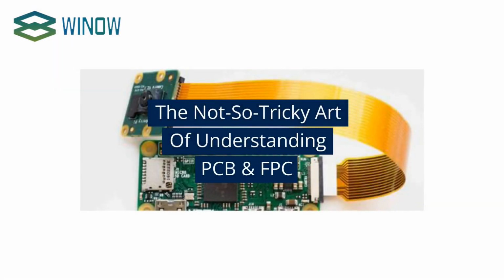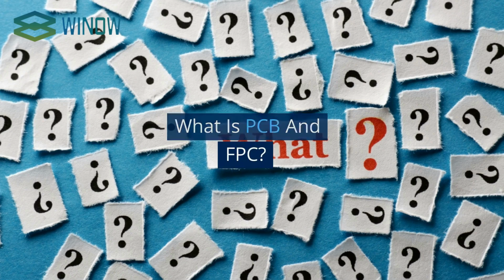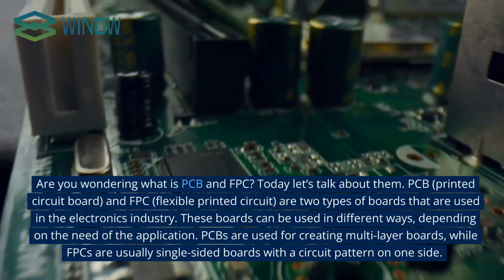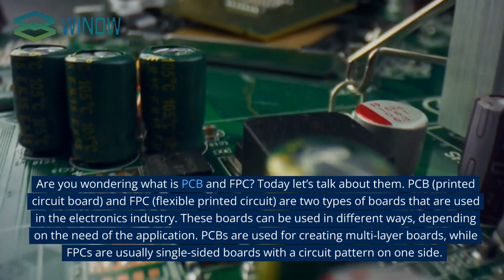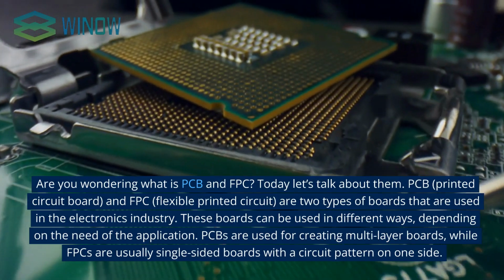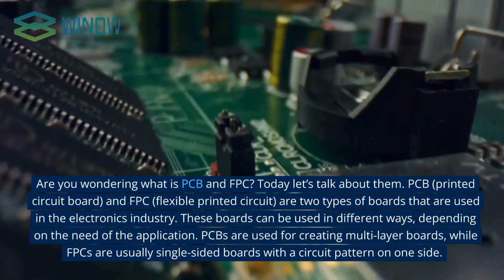The not-so-tricky art of understanding PCB and FPC. What is PCB and FPC? Are you wondering what is PCB and FPC? Today let's talk about them. PCB, printed circuit board, and FPC, flexible printed circuit, are two types of boards that are used in the electronics